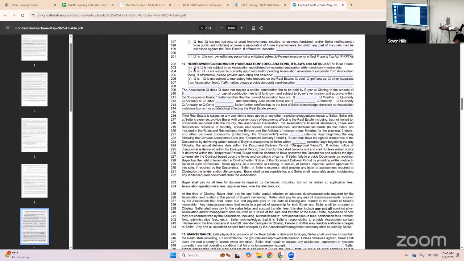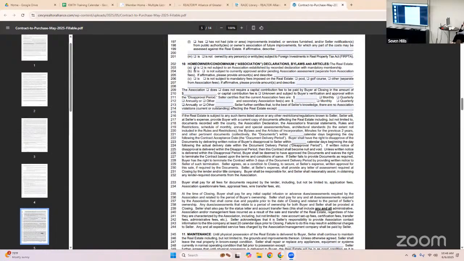When you get into section 10, which is the homeowner association, formerly HOA, so now they're not calling it HOA anymore. They are calling it the homeowners association. So they're changing HOA to association. They've added a requirement to disclose any secondary association fees, added a requirement to disclose capital contribution required at closing paid by the buyer, and updated the time frame for providing association contact info from 14 to 20 days.